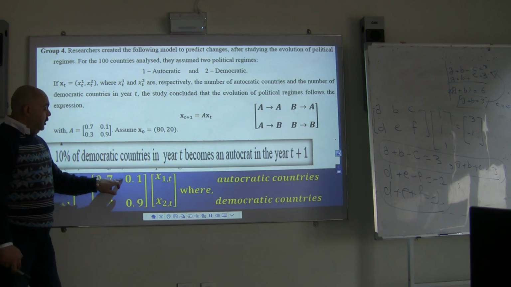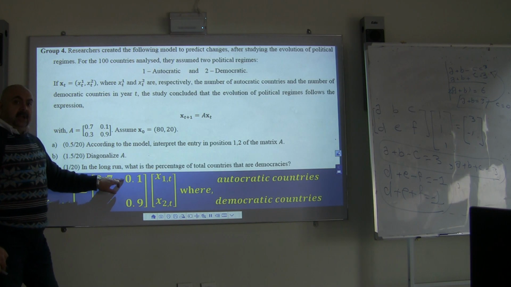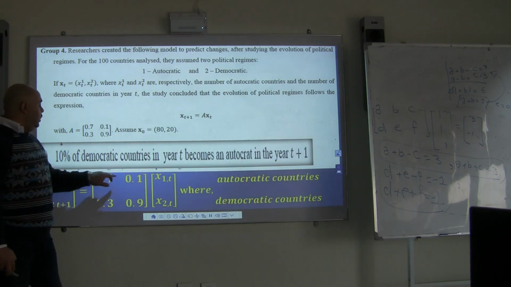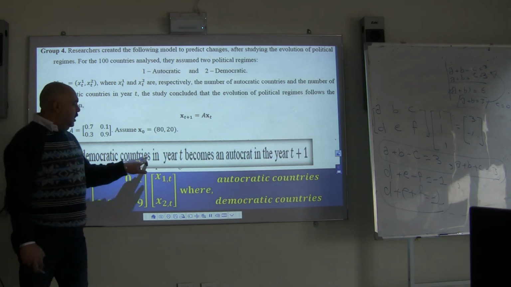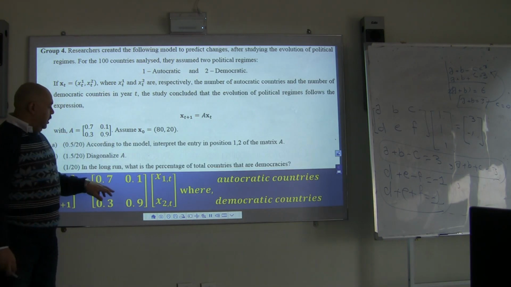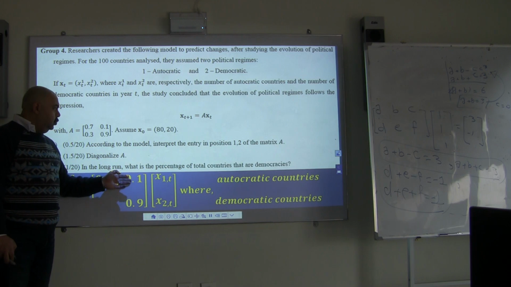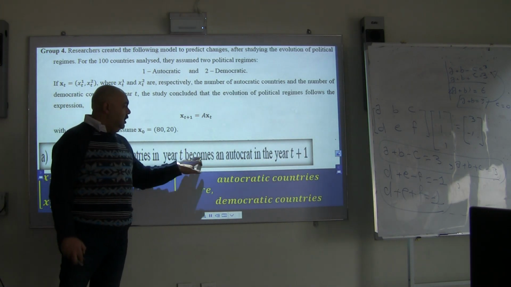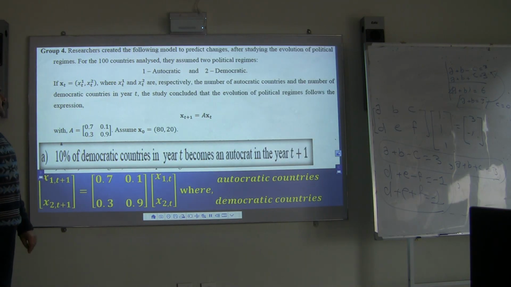But 0.1 here stands for that 10% of the democratics will change and become autocratic. And this is actually what's written here: 10% of democratic countries in year T. It's the vice versa: 10% from X2 will move to X1. So 10% of democratic countries in year T become autocratic in T plus